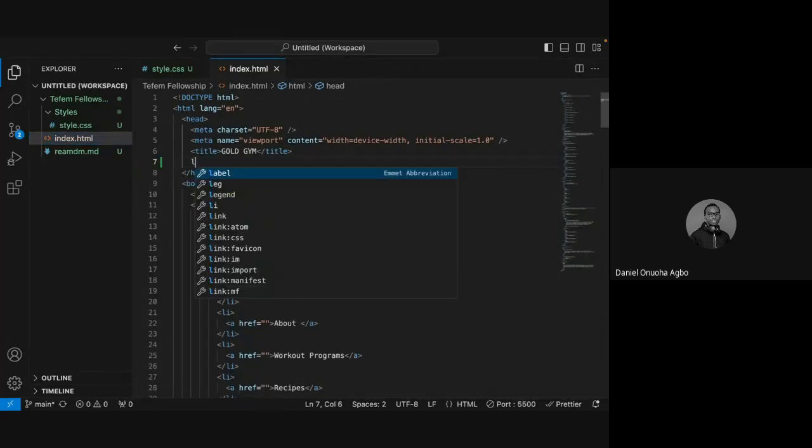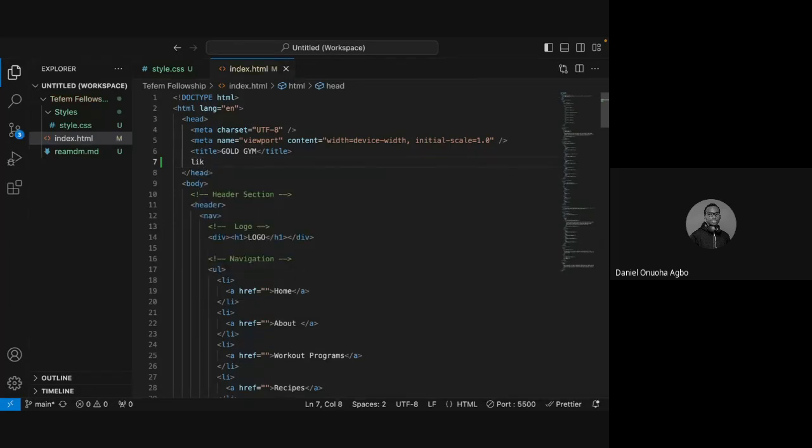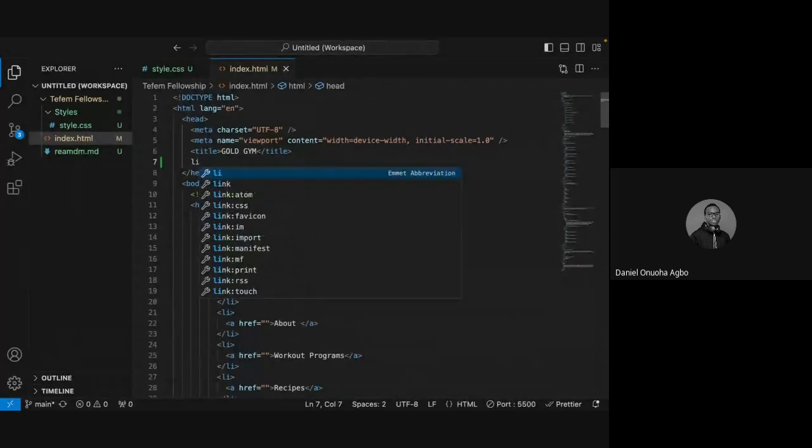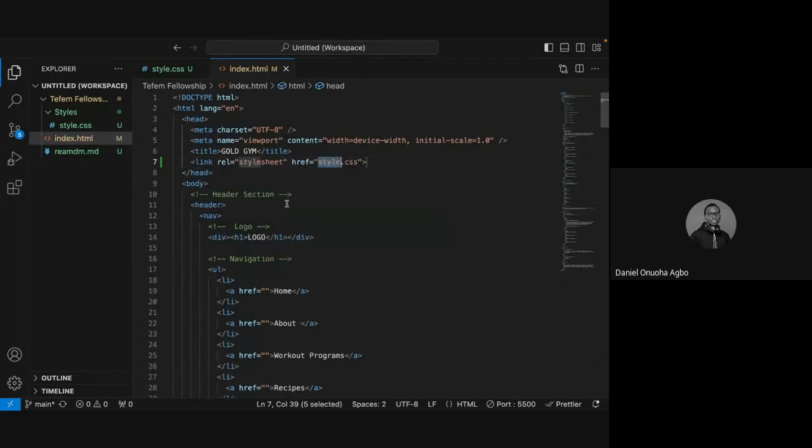We launched yesterday. We used the link tag with the attributes of